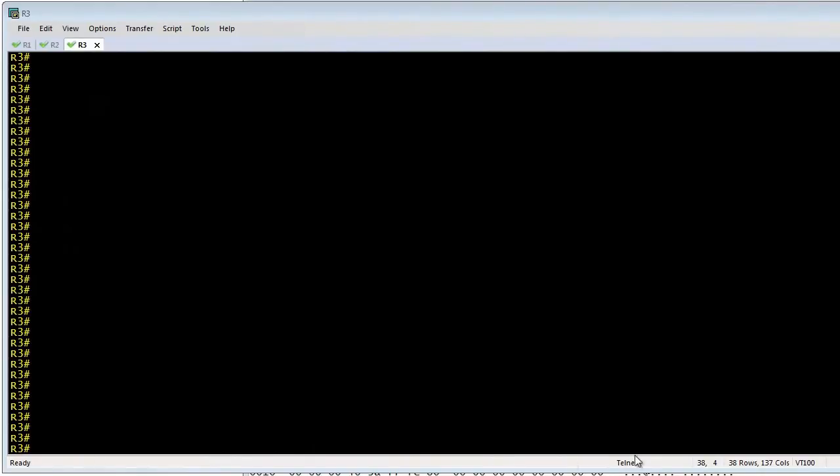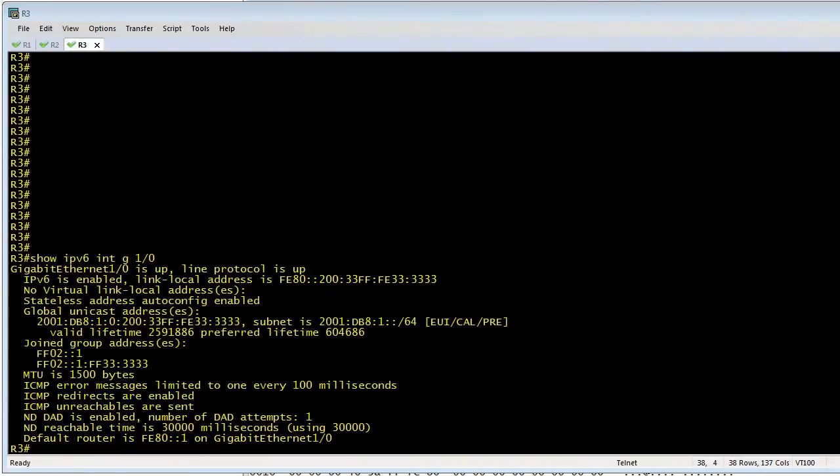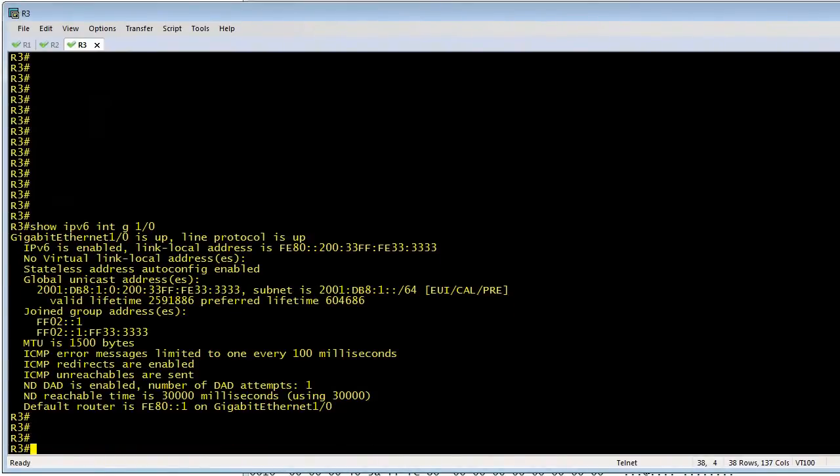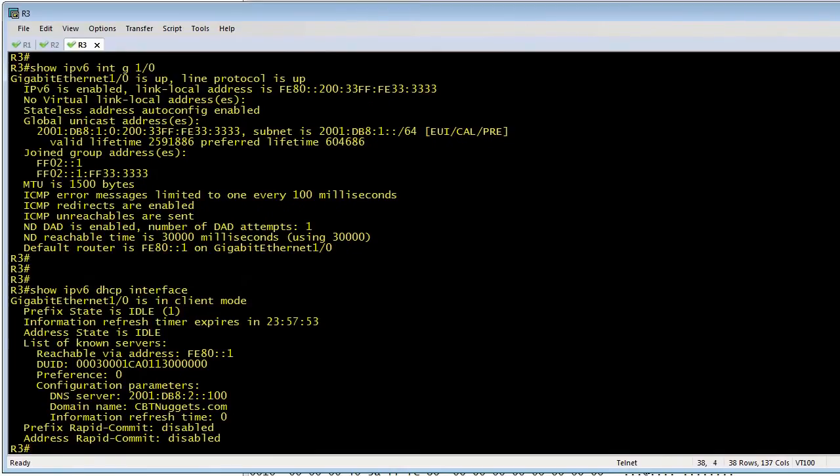To verify this worked, we could do a couple of basic things. Number one, we could do a show IPv6 interface for gig 1/0 just to make sure it had an IP address, and it certainly does. But how do we verify that the DNS information was really obtained? We can simply do a show IPv6 DHCP interface, and that should show us, if we do have the DNS information there, that it worked. And check this out. It shows us that the DNS server it learned was 2001